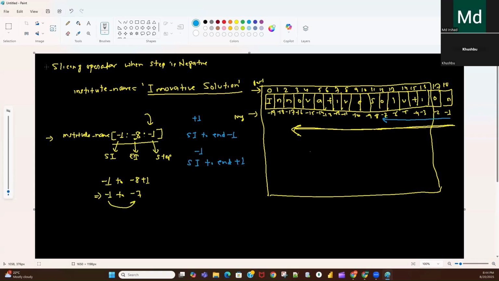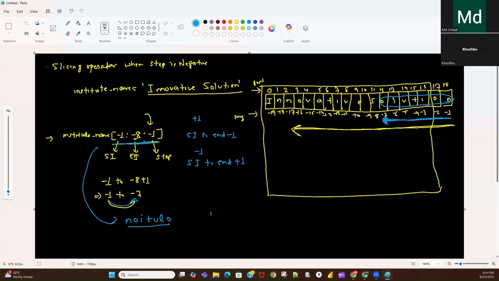So now here what we are getting, this will give me data from minus 1 to minus 7th index, but in reverse order. So first it will start from minus 1. So first at the output we will get n, then o, then i, t, u, l, o. So from minus 1 to minus 7 we will get this one in reverse order, in this way, when we are defining this one.